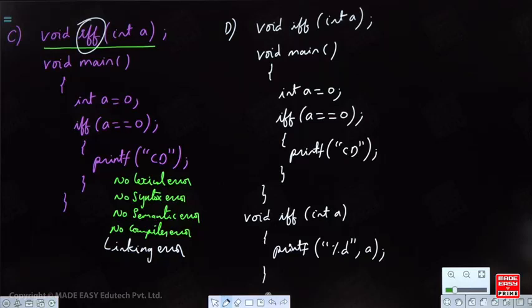See, actually whatever you run, it will show you a syntax error in your system. It won't tell you lexical, syntax, semantic, linking like that.